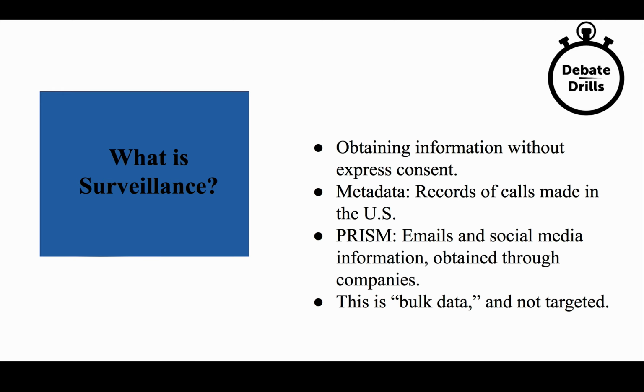So targeted data would be saying, Joe Smith is somebody that we suspect may be involved in this terrorist plot. We're going to tap his phones, and we are going to collect information that he sent over email. In contrast, bulk data may just collect everybody's data indiscriminately and screen through it with certain keywords, such as, I'm not sure, let's say backpack and pressure cooker, to see if someone is trying to create a homemade device. They'll look for certain keywords, and then if they see those keywords, they may monitor more closely.